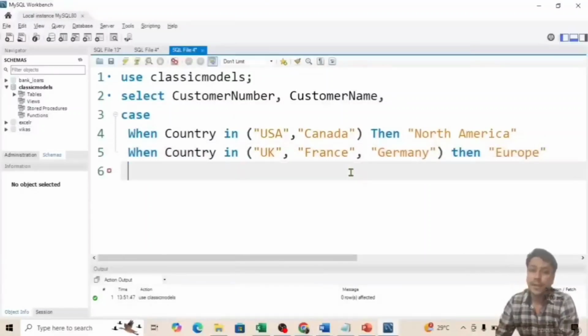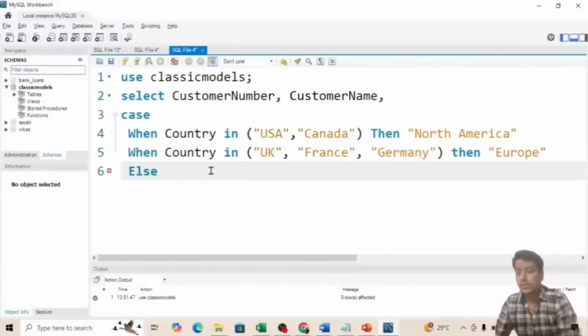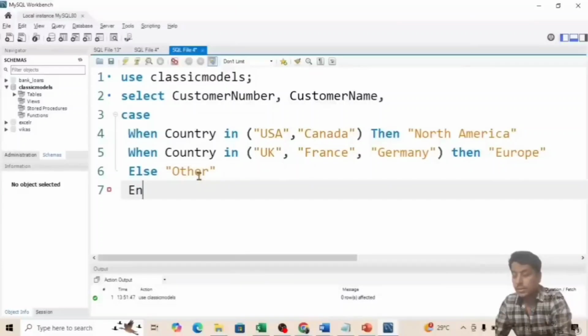Now the last statement is else. If none of the statements is true, then it would be shown as other. Clear? So my case statement starts from here. Now when both WHEN conditions are completed, the remaining outcome will be reflected as other. Now the last statement is END, because as I said, a case statement always ends with END.